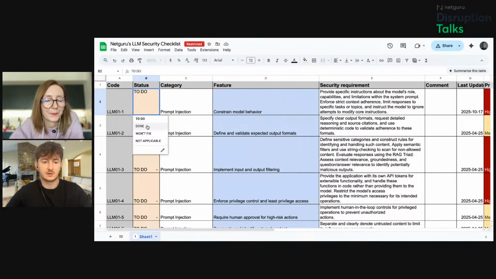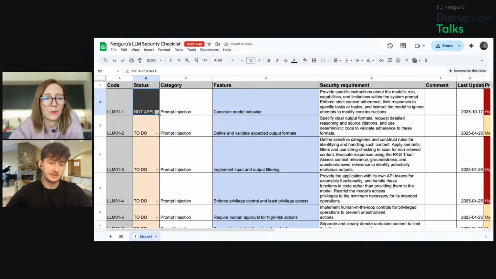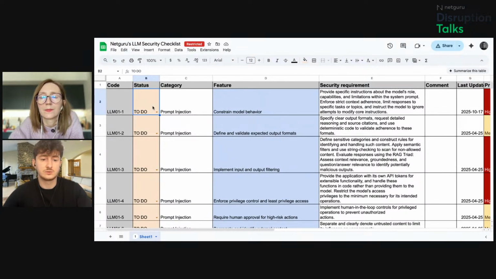If everything is done and ready, you can mark it as done. If, for example, it's not applicable in the application, you can mark it as not applicable. And as you can see, the colors change. So with that information, you can see what you should do, what you shouldn't worry about, or what's done, and you can maybe pass it to some penetration tests.